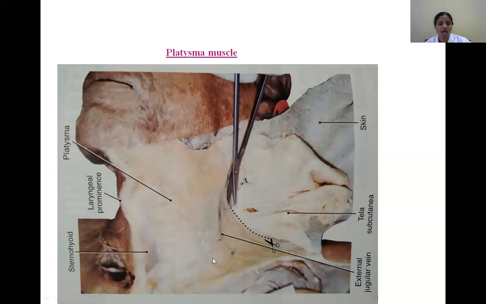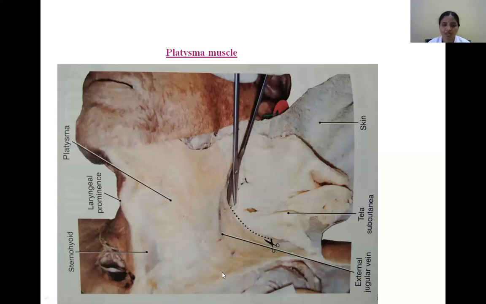Okay. As it ascends, it goes towards its insertion. The most anterior fibers are inserted to the lower border of the mandible. Here you can identify, right? So the anterior most fibers insert on the lower border of the mandible, whereas the most posterior fibers ascend and have a curved insertion to the angle of the mouth as the risorius muscle. So it drags the angle of the mouth. That's the action of the posterior most fibers of the platysma muscle.